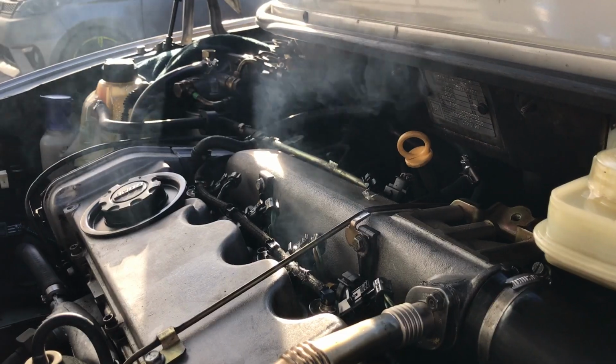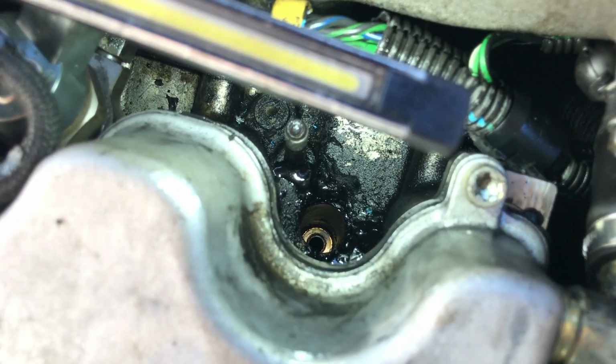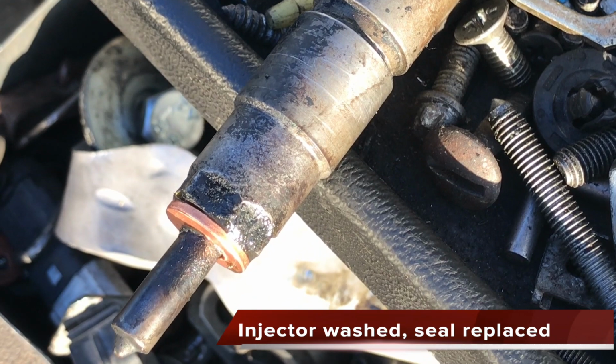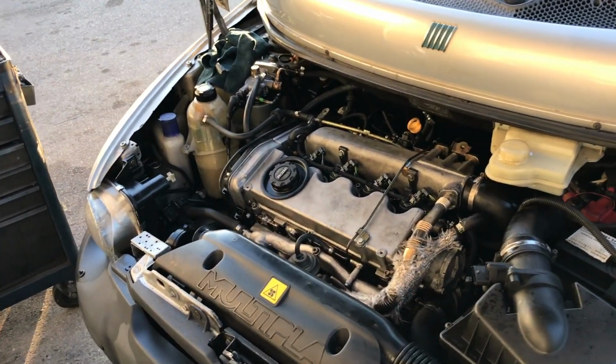But then they also found that one seal under the injector on the fourth cylinder was also leaking, sucking up air basically. Anyways, that was also fixed. So this quick fix, and then I believe because the diesel was spraying the motor bay pretty good,